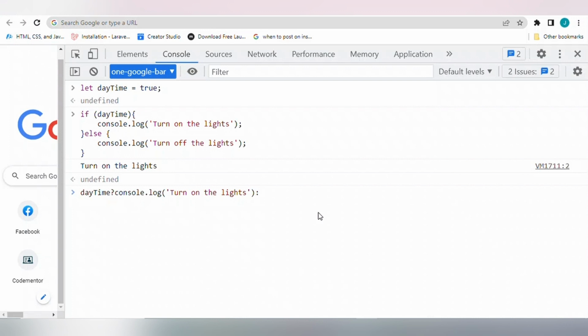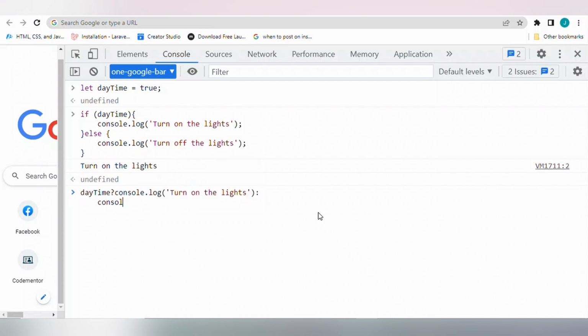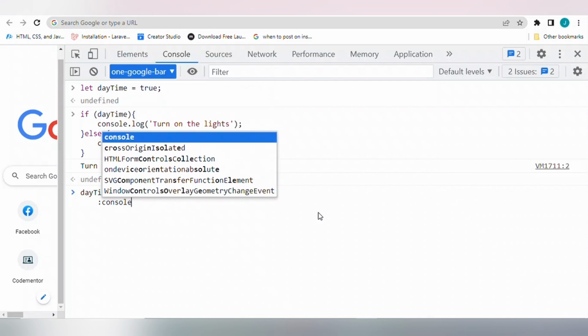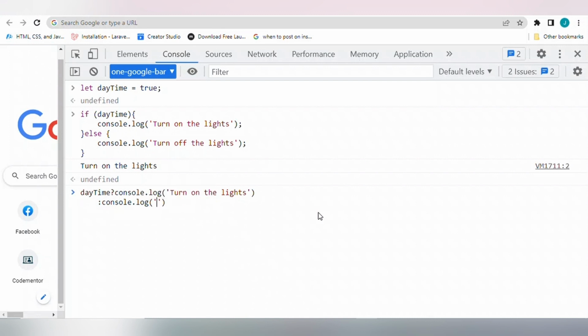Once we use the colon, we can then say console.log, then we write turn off the lights.